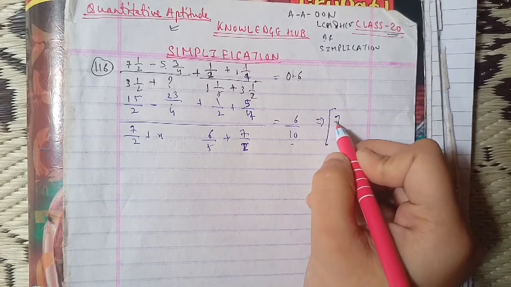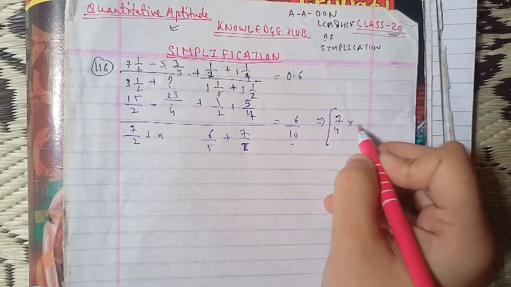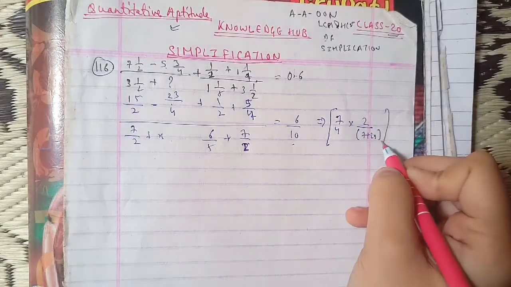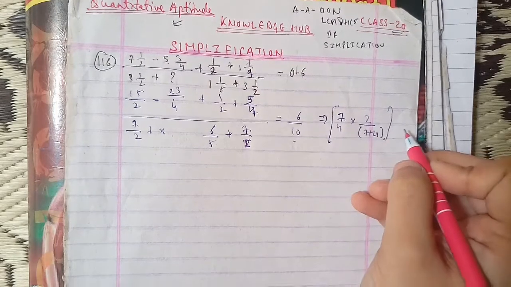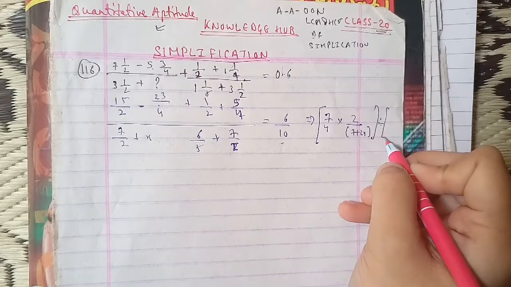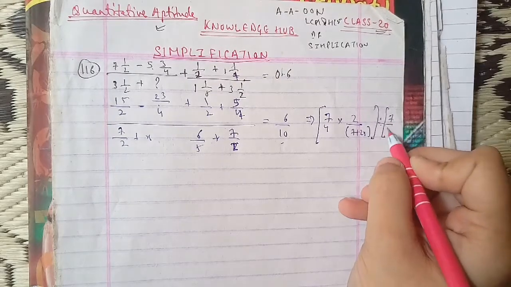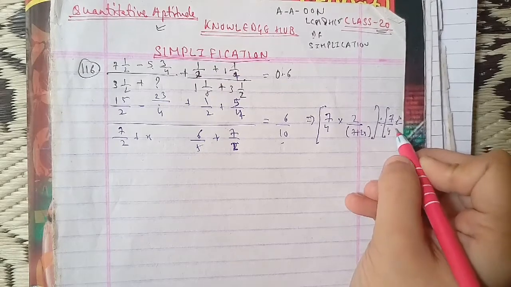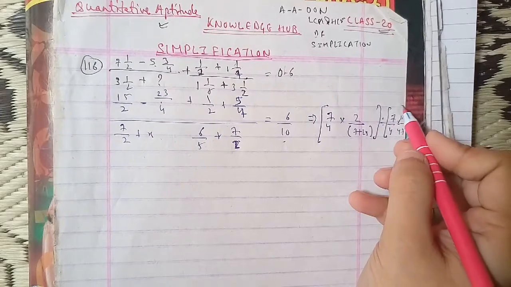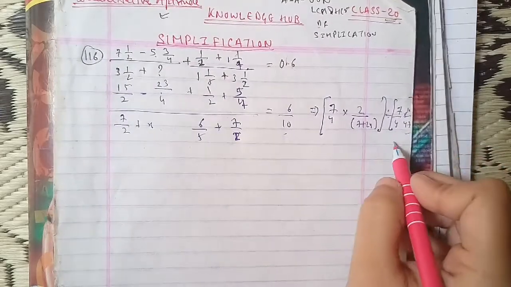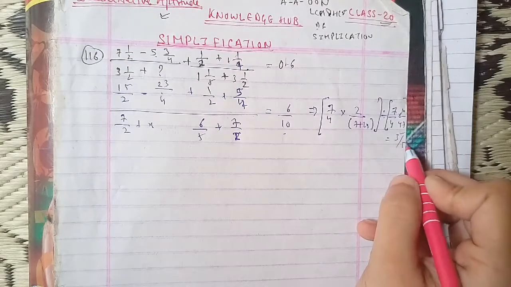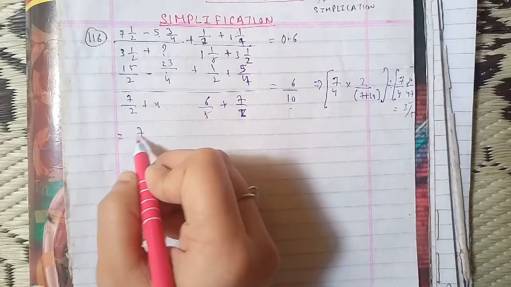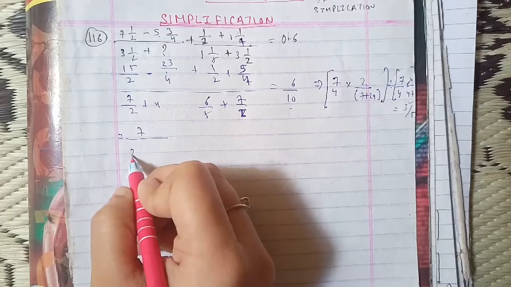Then what we will do is 7 upon 4 into 2 upon 7 plus 2x, divided by 7 upon 4 into 10 upon 47, which is equal to 3 by 5. Then we'll get 7 upon 2, 7 plus 2x